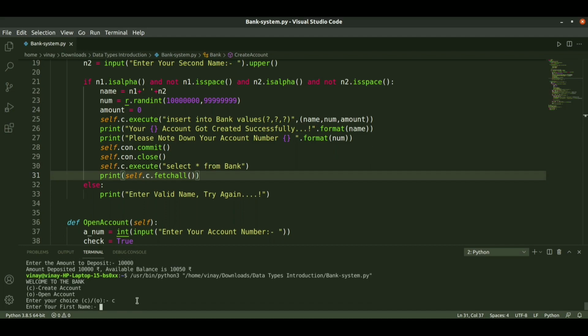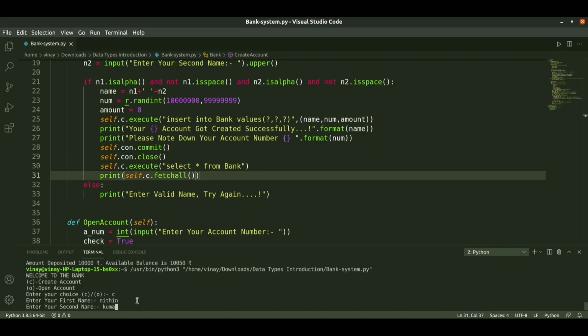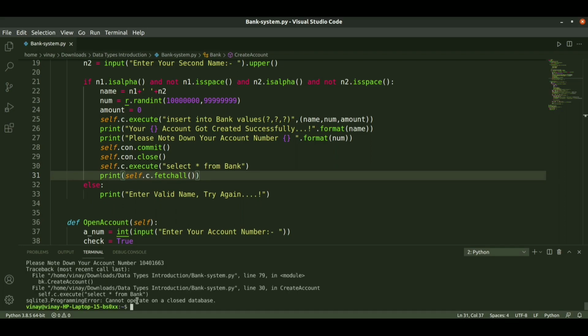So create, and enter the name as Nitin. So, cannot operate on a closed database.